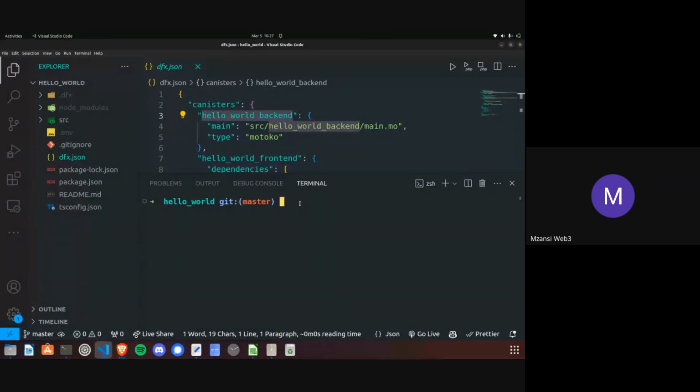So you start it with dfx start --clean --background. This is telling it to start in the background. That's what I had done, I had started it before. So you need to start it first. If you don't start the replica and just try to deploy, it will